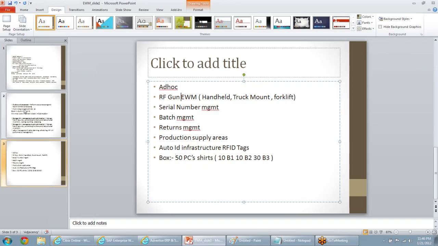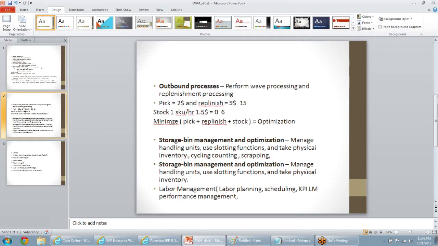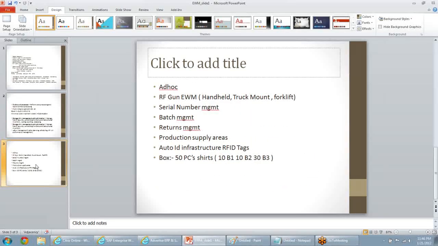So it all combines. Now, as a summary, tell me what features you have in best-of-breed systems. If you already know the manufacturer and those things, tell me which features you have there and which you don't have in EWM. If some of you have already seen other companies' warehouse products, do you have any doubts about what features you expected in the WMS system? We can discuss whether that feature is supported or not.